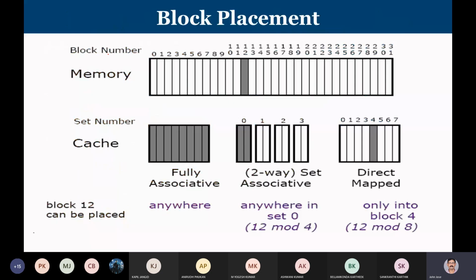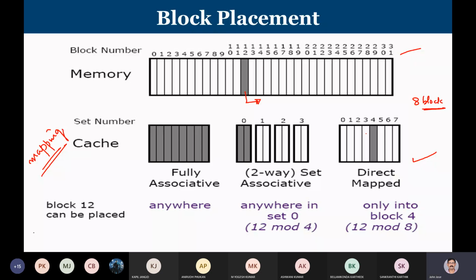So consider this diagram in which I have a main memory which has 32 blocks. Now, block placement is also known as cache memory mapping. There are 3 types of mapping. First is known as direct mapped cache. Let us say I want to bring the contents of block number 12 in the main memory to a direct mapped cache. Imagine your cache memory has only 8 block space. I can keep only 8 blocks or 8 cache lines.